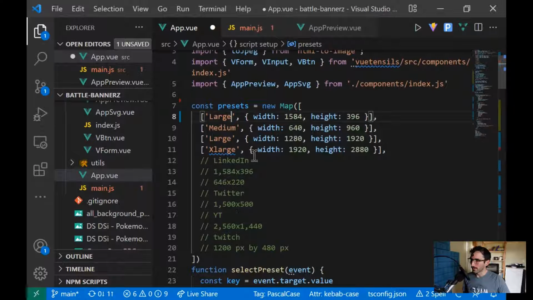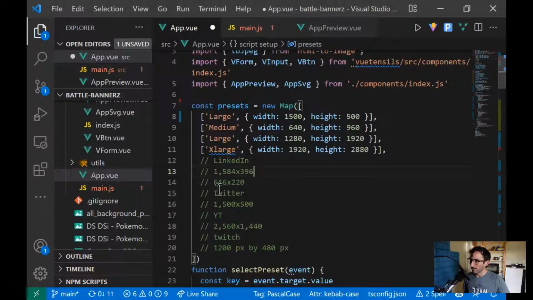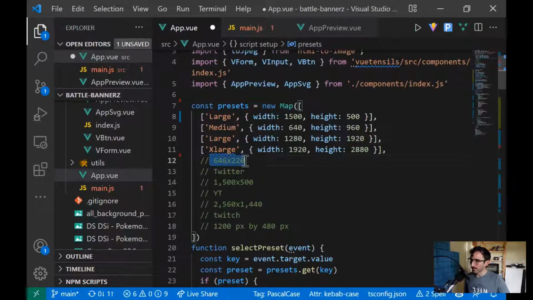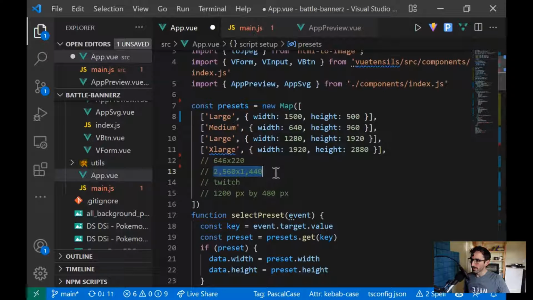We've got large, which is going to be this 1500 by 500. Medium, small, tiny. Medium is going to be, so that one I don't want, that one I don't want. This one I may use. This one I just used. Dang, YouTube's got some big ones. Twitch is going to be the next size I want. Twitch by 480. And then I don't know, maybe like a 900